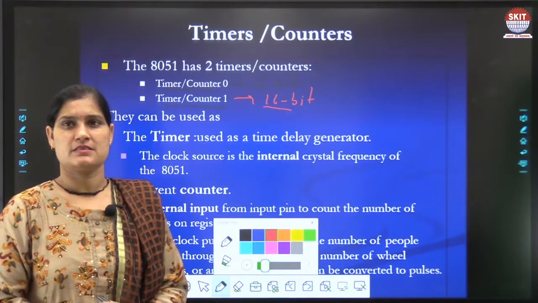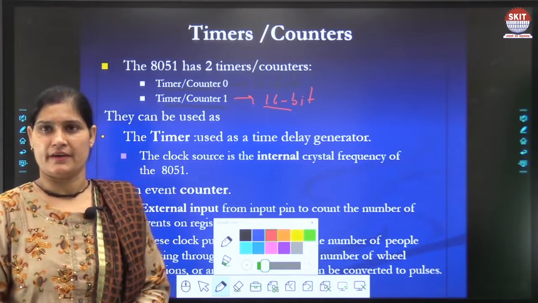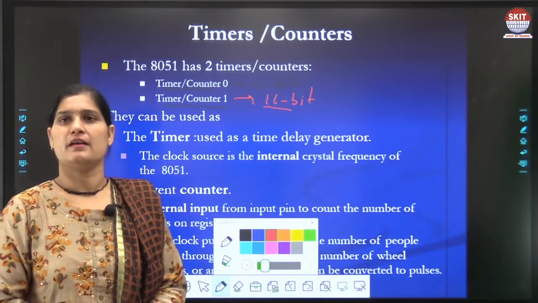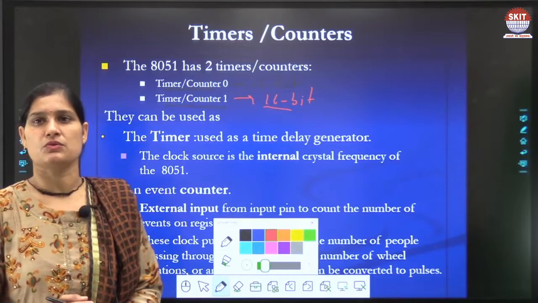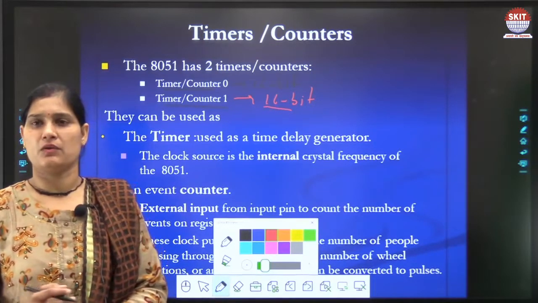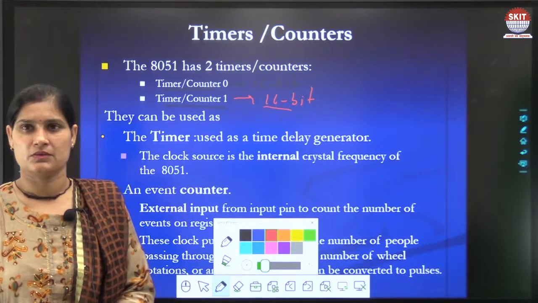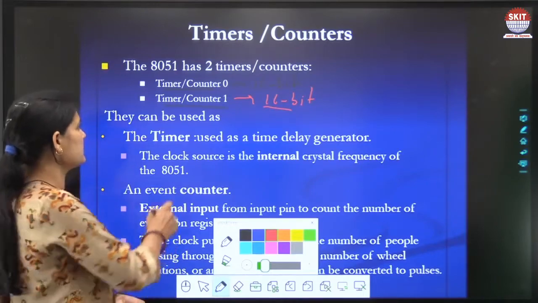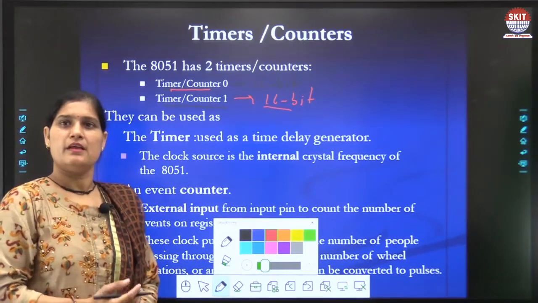And in counter mode, it is used to count the events happening outside the microcontroller. So we can use these single chips in two modes, in counter mode and in timer mode.